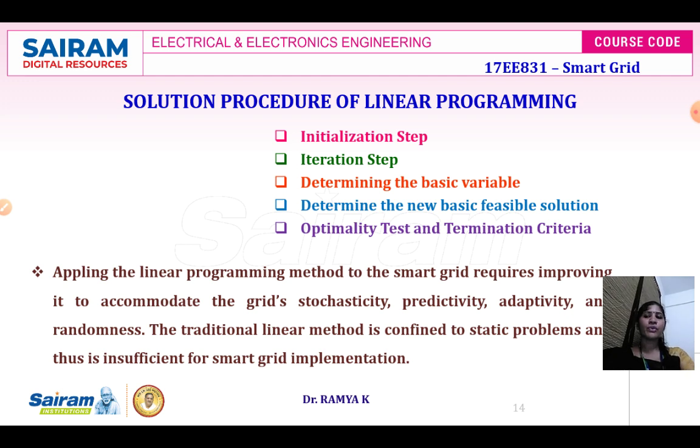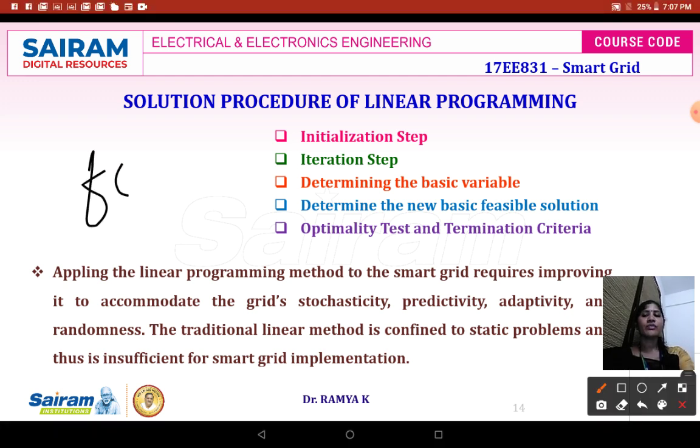So in case of your linear programming, we write the objective function. The objective function could either be a single variable objective function or a multivariable objective function. When you are writing it, you have to have the initialization step. In the initialization step, you have to initialize all the variables with respect to the static system, with respect to 0, like the variation in the parameters should be 0. Any slack variable can be added or it could be neglected depending upon the requirement, and it is mainly used for determining the initial point as a corner point solution of your equality constraints.